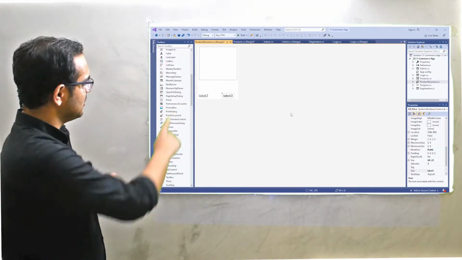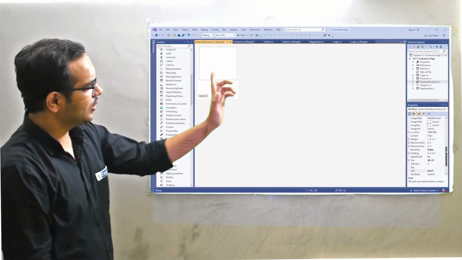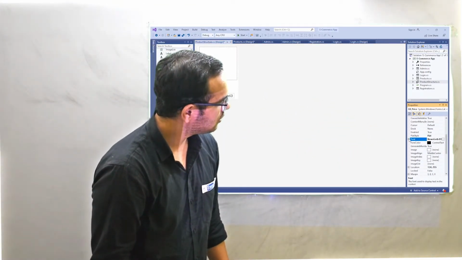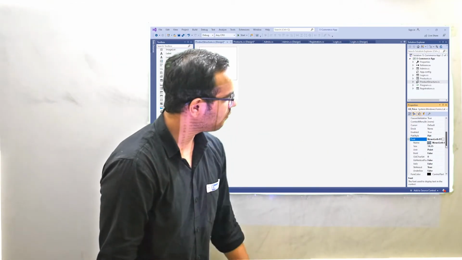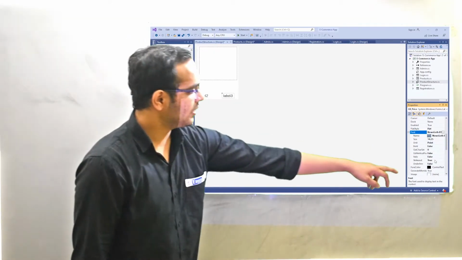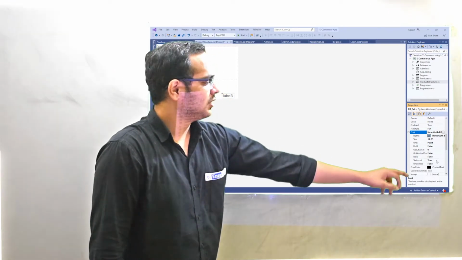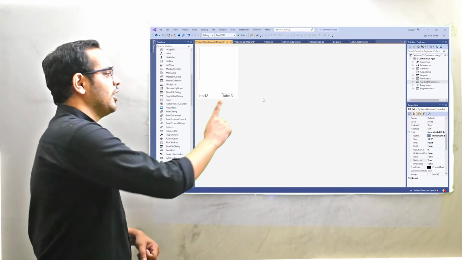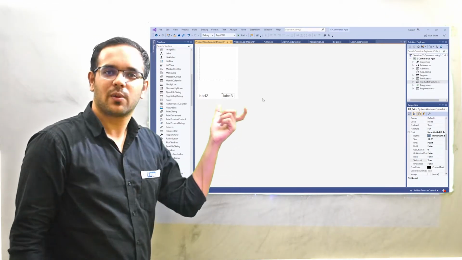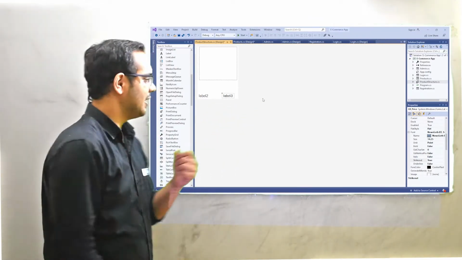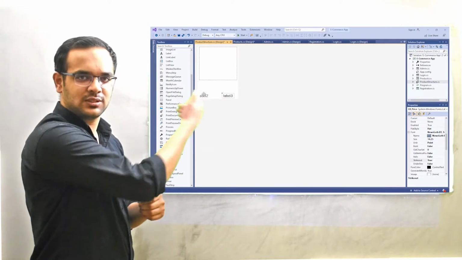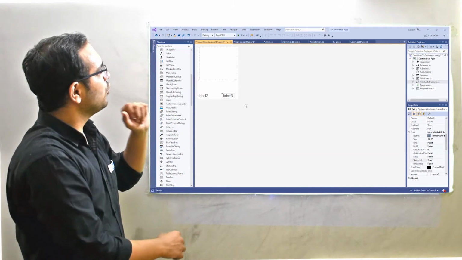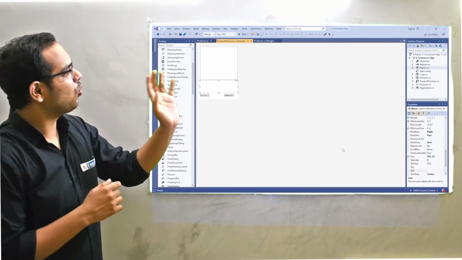How to create this? Just copy the label and go to its properties, in font. Yes, in font, just open that font. You will see a sub property called strikeout. Set it to true, so it will strike out your label. We can use this to show MRP or, let's say, total price, and this for actual price, that is the discounted price. देन इतना क्रिएट किया है, जस्ट सेव योर प्रोजेक्ट।